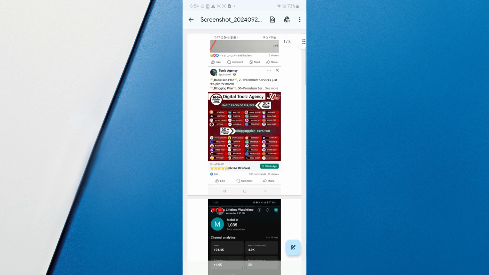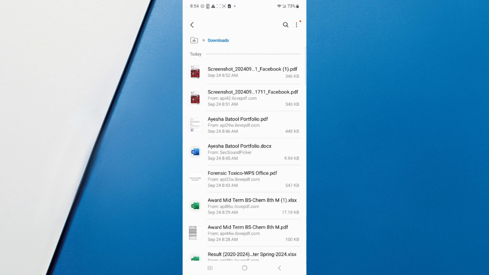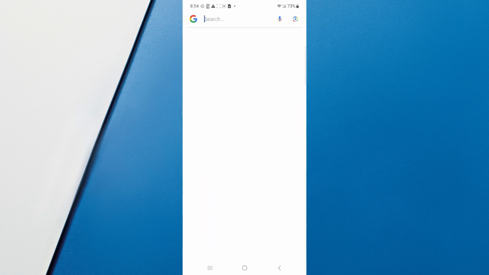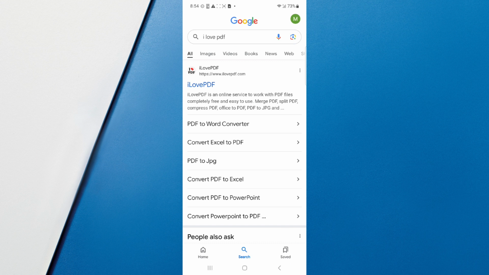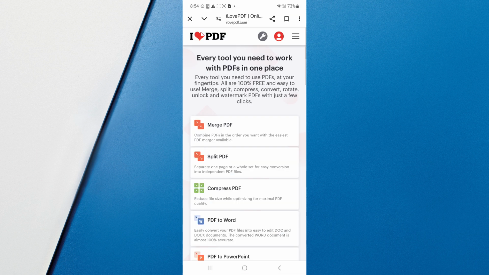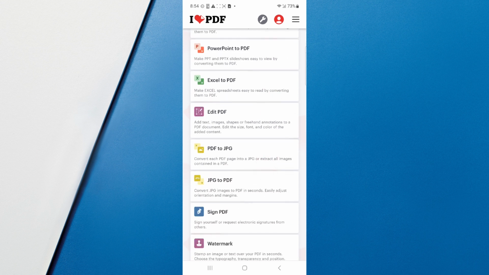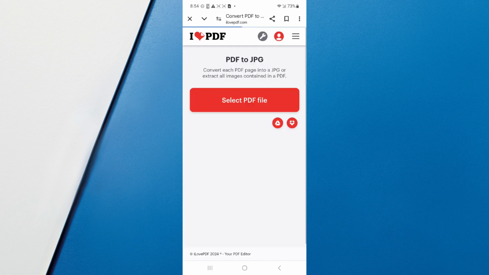So if I want to extract these images or convert this PDF into JPG, I will just open Google and click on I Love PDF, and here you have to click on this first website and just scroll down, and here you can see PDF to JPG. Click on it and select PDF file and click on media picker,